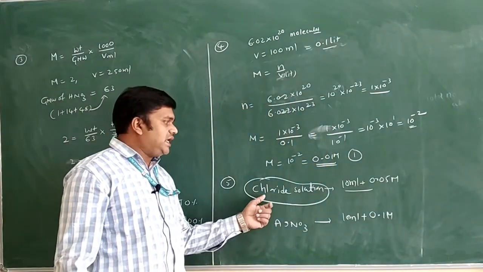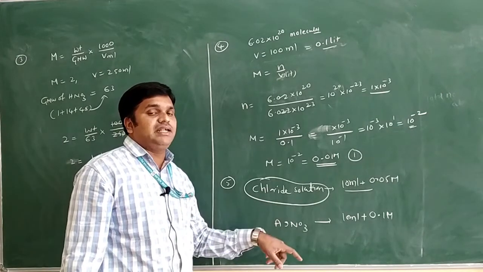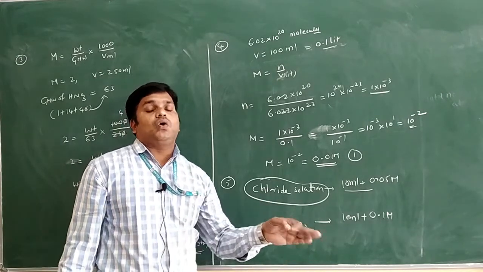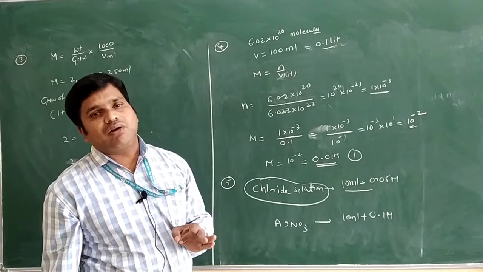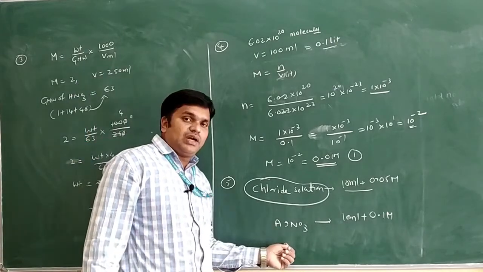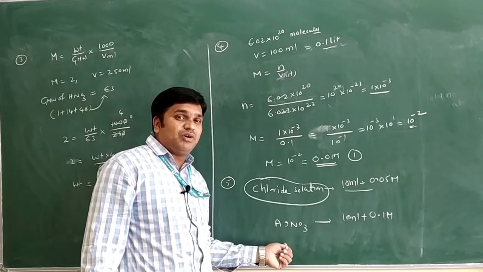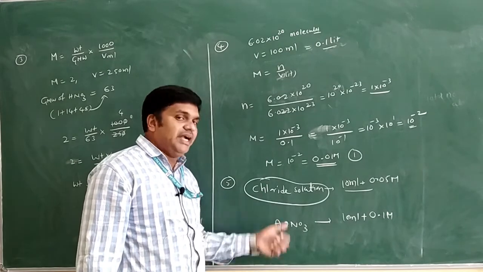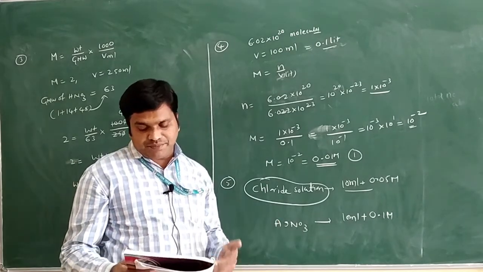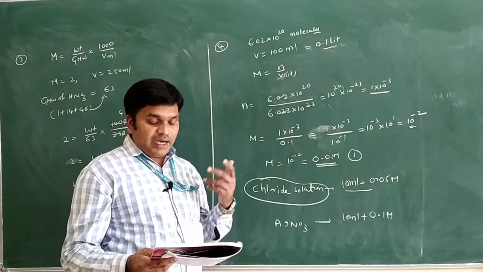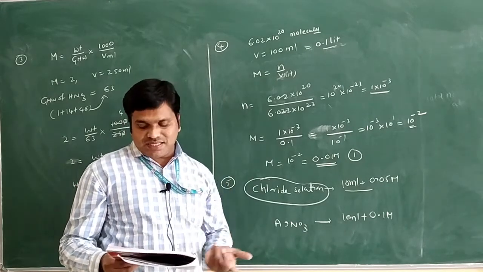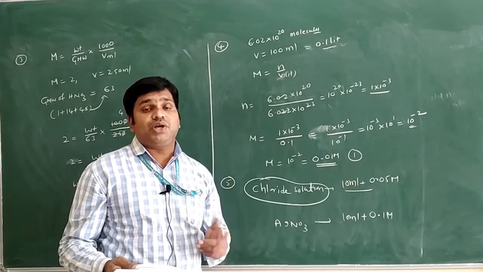Suppose this chloride ion reacts with silver nitrate, it will form a metal chloride only. What metal chloride will be formed here? The metal you can imagine in the form of X, it is Ag. You may identify the formula of the compound as Ag2Cl or Ag2Cl2 or AgCl2 or AgCl4. We have to find out only.